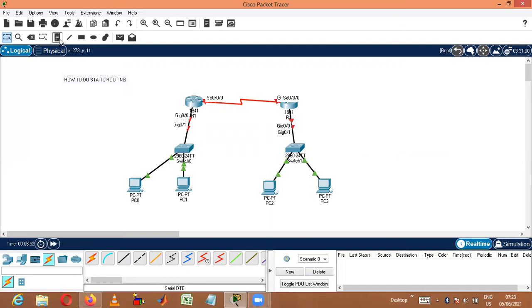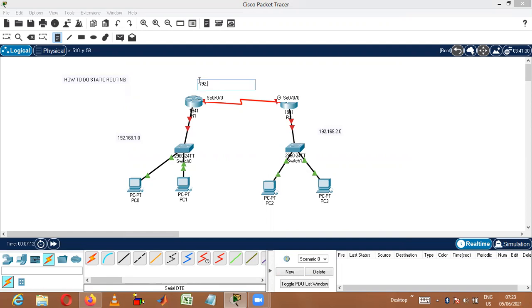Now let me assume that this network belongs to the 192.168.1.0 network, and this is the 192.168.2.0 network. And here, let me take a 3 dot network, 192.168.3.1. Similarly, this side it is 192.168.3.2.